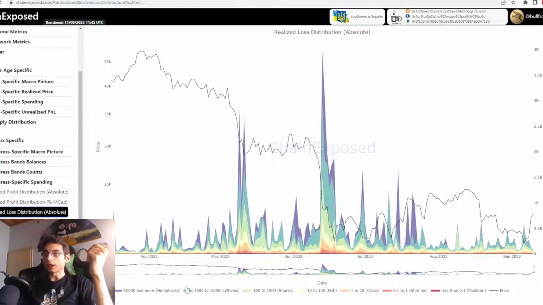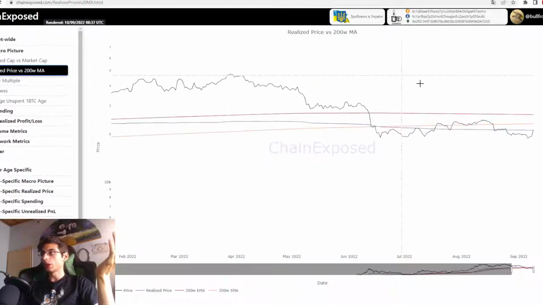The majority are above that, and they are moving the market right now, and they are short-term holders. So in the long term I'm still bullish, but in the short term I don't see the case for a bull run to start, actually. I was talking about the resistance right there, the realized price, and